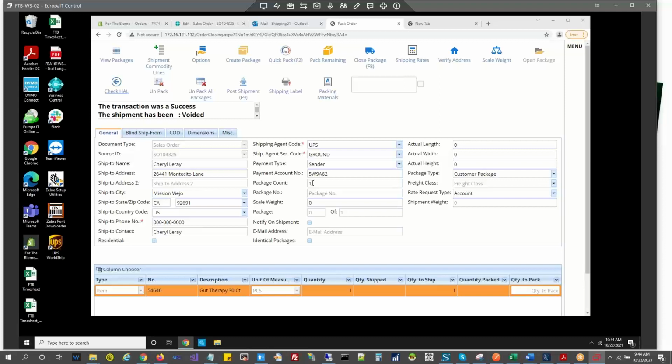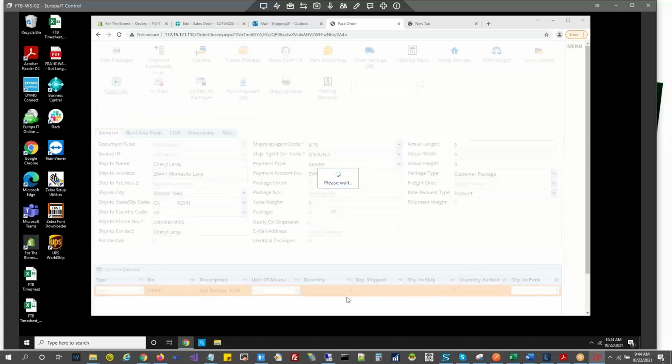If it is 2, we need to enter the package count as 2. And for every particular item, you need to specify what quantity of this item should be in the current package. Okay. Say for now, I'm taking the quantity as 1 of this particular item.